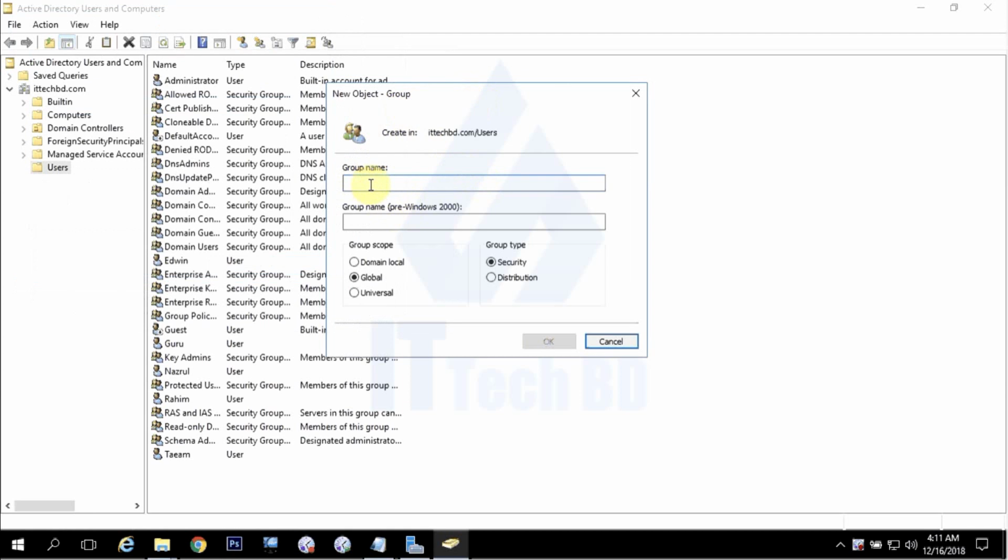One company has many departments, so now I am showing you one group. In this way you can create more groups for more departments. So I write here IT Tech BD, this is the group name, and the group type